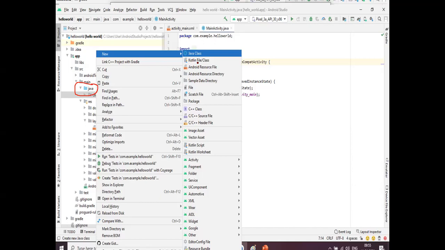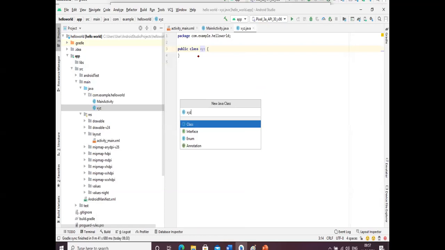It depends on you, but the first time I selected Java, so here I am also creating a Java class. Then I have to name this class, so I have given the name XYZ and clicked Enter.